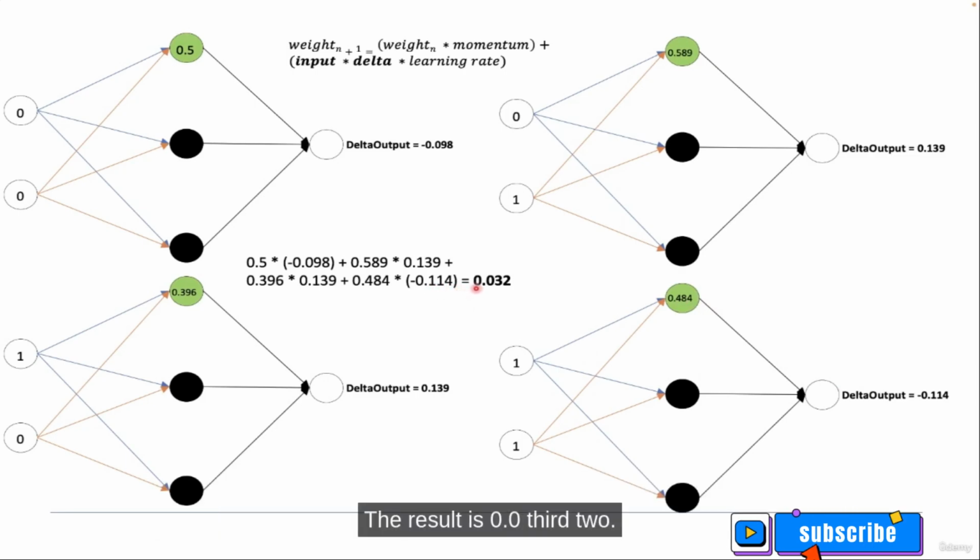The result is 0.032. This is the input times delta.